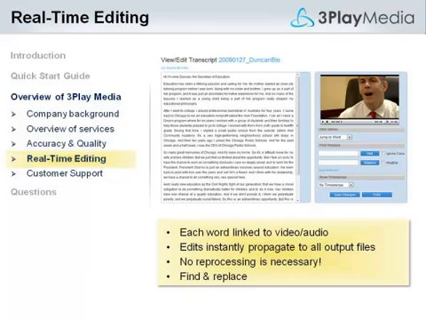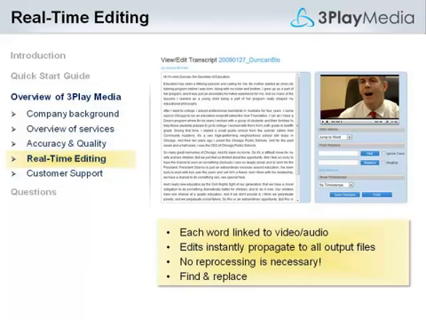One thing we've found is that no matter how hard we try, certain proper nouns or vocabulary can be extremely difficult to get exactly right. So we've built the ability for you to make changes on the fly. So if a name is misspelled, or if you decide you want to redact text, you can actually make that change on the fly and just press save, and those changes will immediately propagate through all of your output files.